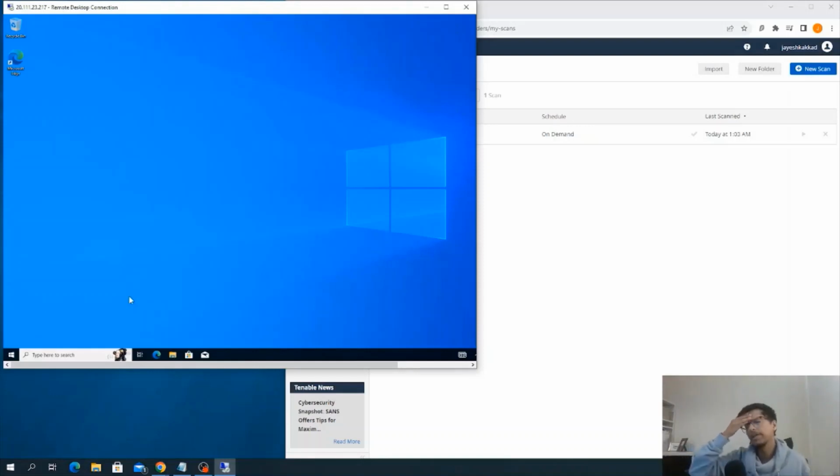I think you can find the documentation for doing it as well. There are different steps for Windows that you can find on Nessus. They have their documentation which you can follow to do this, because it's something which is not done by an organization without policies. You have to create certain hacks to make sure that you can do the credential